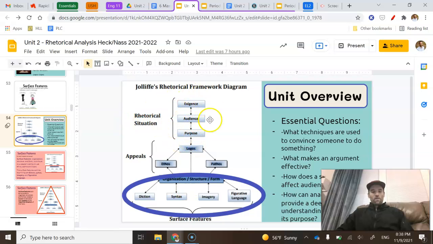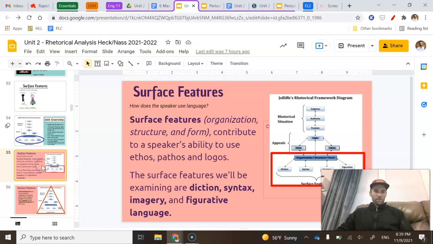We've already done the rhetorical situation, already done rhetorical appeals, now we're on the bottom, and we're looking most closely at rhetoric with surface features. That includes diction, syntax, imagery, and figurative language. Today we're just looking at these two, diction and syntax. So just the two on the left, on the bottom of our framework. You will need your notebook, so pause the video, grab your notebook,